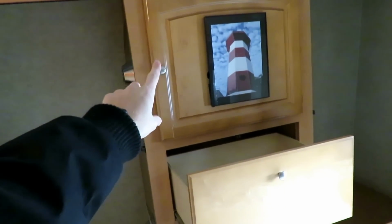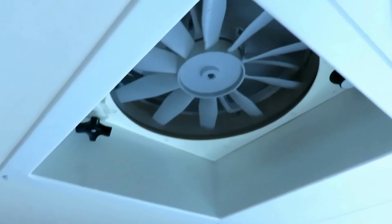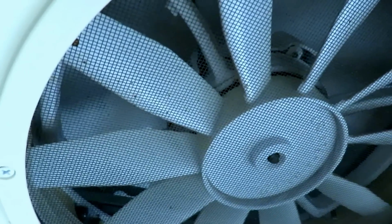Behind this door is actually a nice little set of entertainment hookups if you want to add a TV in here. Again, another one of these Max Air fans. There's 3 of these, and again, superbly clean. You can see they used it, but it's so clean. And by the way, the sofa up front has a nice little removable table that you can put there if you want it. If you're just looking for something small, simple, easy,